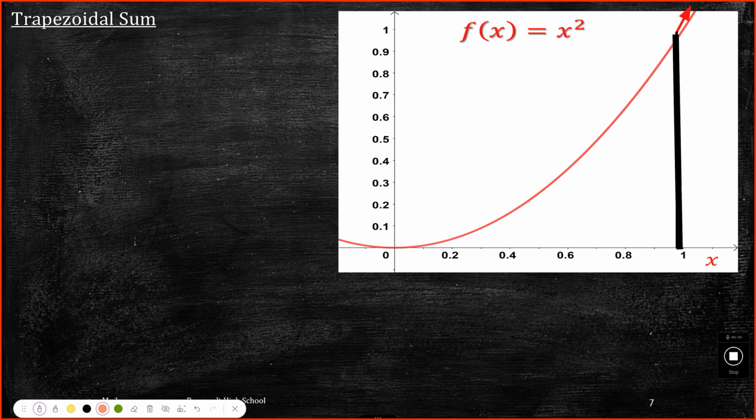Trapezoidal sum is actually the average of a left Riemann sum with the right Riemann sum, and the formula would be trapezoidal T n. Let's do it for this already. What would it be? T5. Would it be T5 trapezoidal? If we do it for T5, it would be the width of the rectangles,